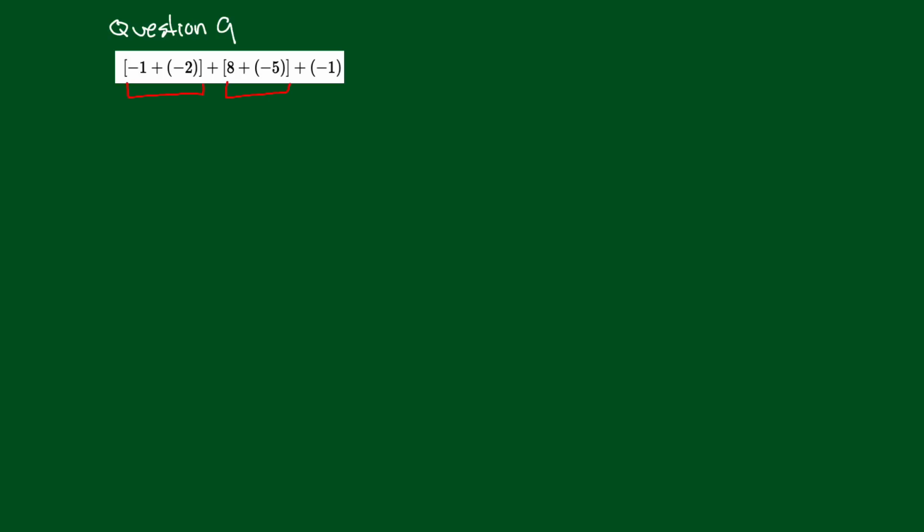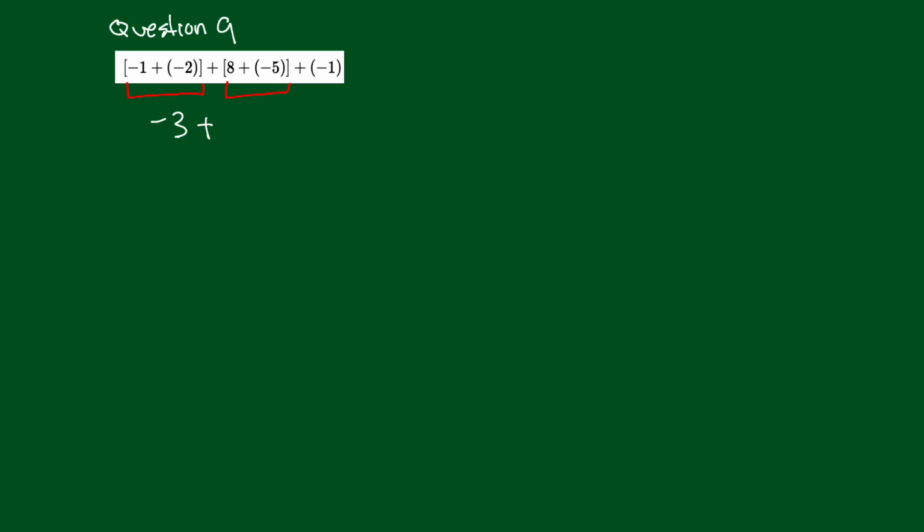How about if we take a look at this one right here? Now what we've got is a -1 plus -2. So I'm down 1, I lose 2 more. I'm adding 2 numbers with the same sign, so just add their absolute values, 1 and 2, I get 3, and put on the common sign, which is negative. So right here I'm going to get a -3